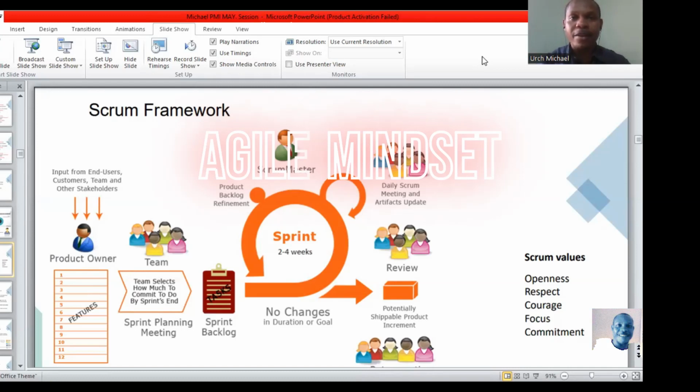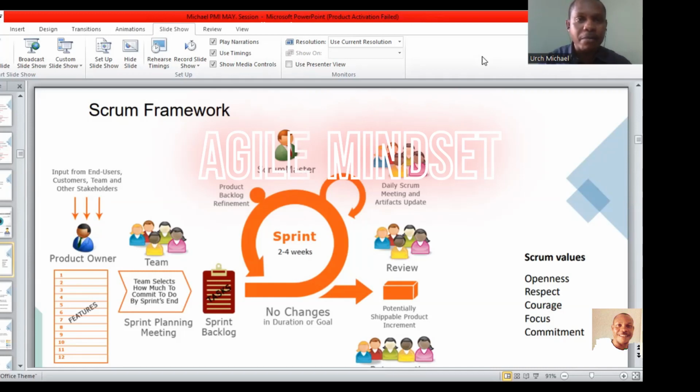In our last class and in my last video, I talked about the concept of Scrum, and I did mention that Scrum is actually talking about team, and it's one of the practices we adopt in order to achieve the agile mindset. Today I'm just going to say one or two things about Scrum again, then we'll forge ahead because we're going to look at the Scrum framework. And also we're going to look at the concept of user stories and all that.